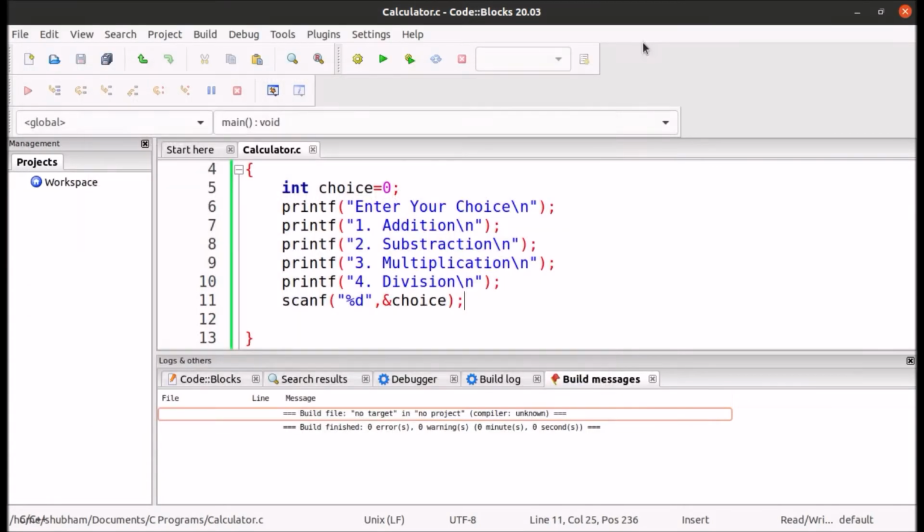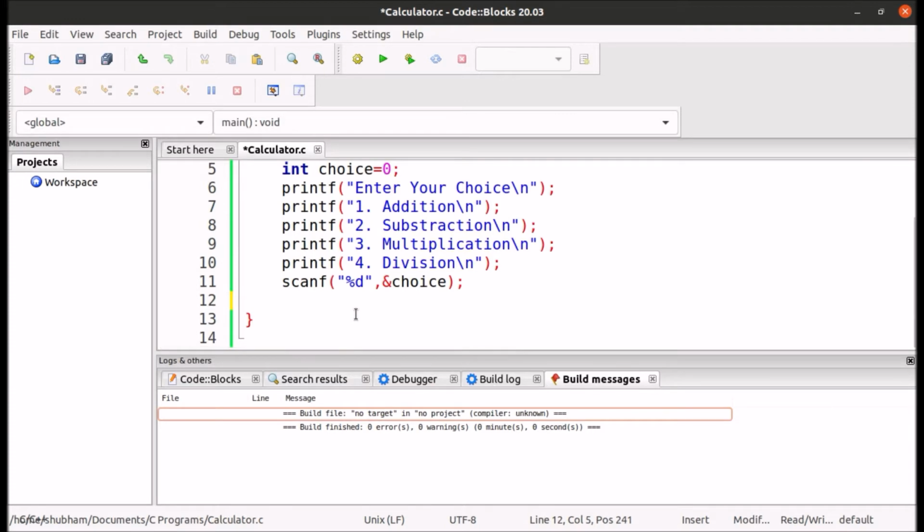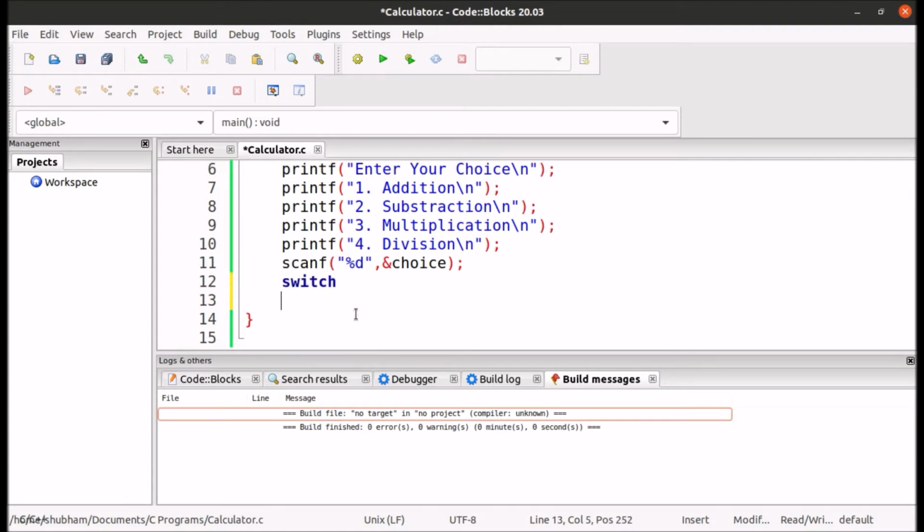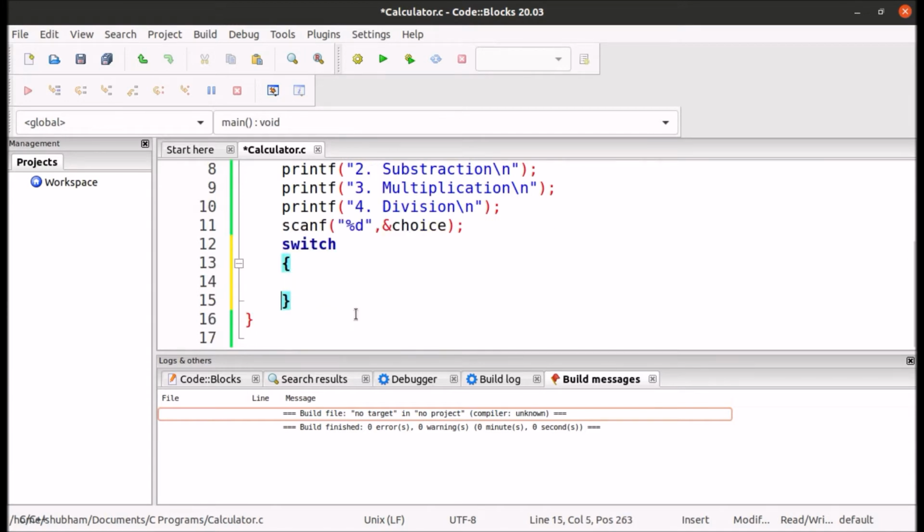So this is it. Now let's do one thing. Let's check if the value of choice is equal to 1, 2, 3 or 4. It should not be less than 1 or greater than 4. So let's do it directly. We don't want to check the values. We will write the switch statement, switch, and in this we will pass our variable choice.